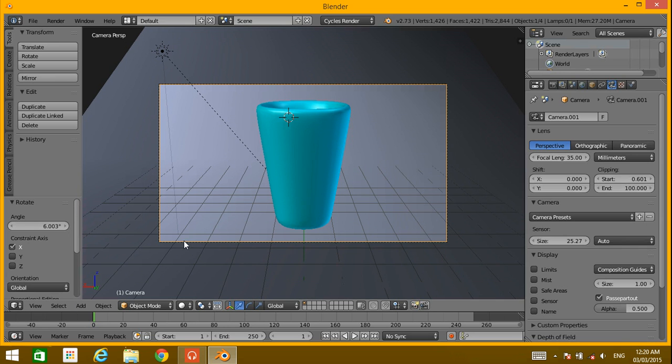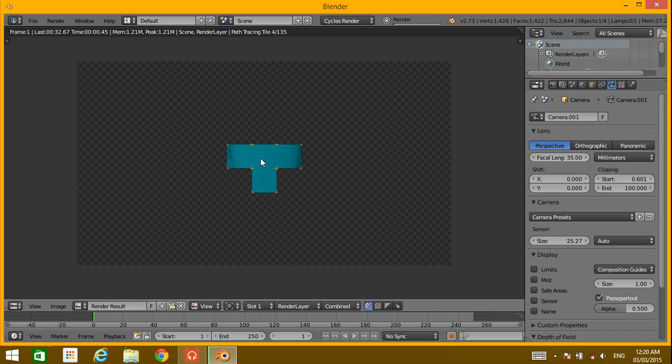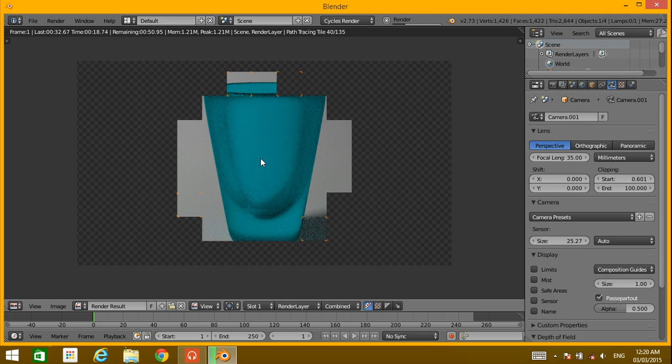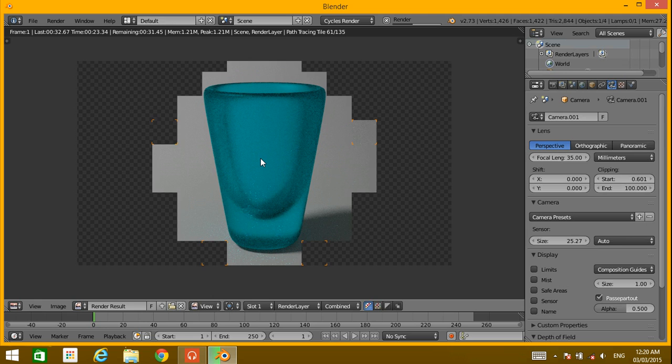Yeah, that's fine. Now you press F12 again to look at how it looks. Now it looks better, isn't it?